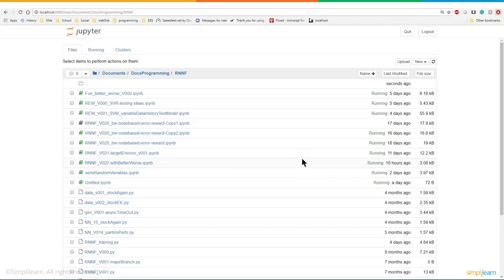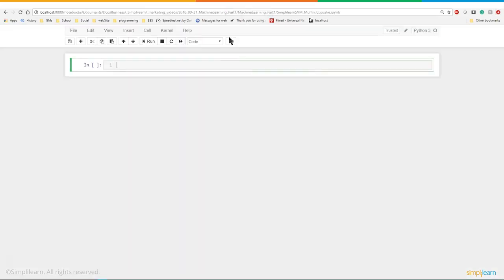And then once we're in our Jupyter Notebook editor, I can go up and create a new file. And we'll just jump in here. In this case we're doing SVM muffin versus cupcake. And then let's start with our packages for data analysis. There's a few very standard packages we almost always use. We use import